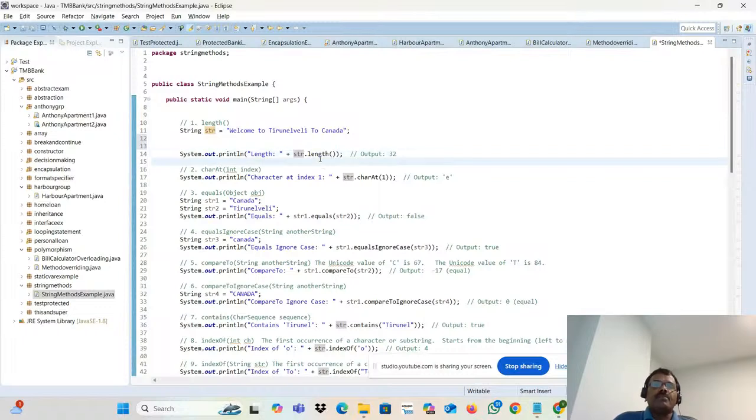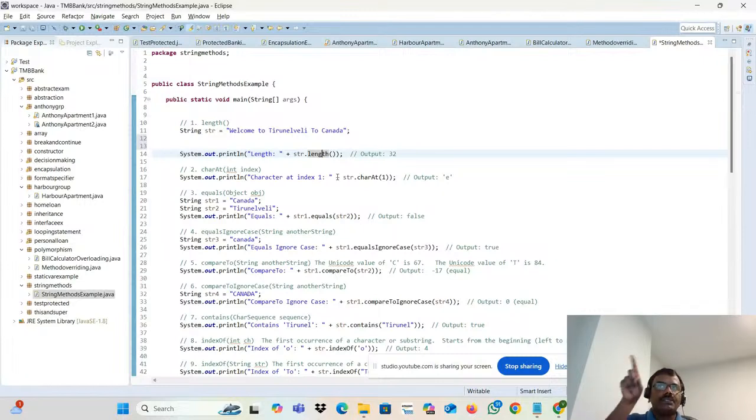People will be feeling that, boss, the same length I have noted somewhere. That is in arrays. In arrays also a similar length is used, right? That is used to find the number of elements in the array. That is also length, but without parentheses. This is with parentheses. This is a string method. That is an array's attribute, or we can call it a method also. Okay. So from this